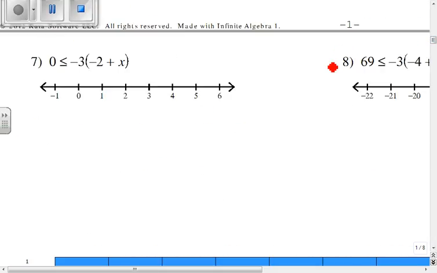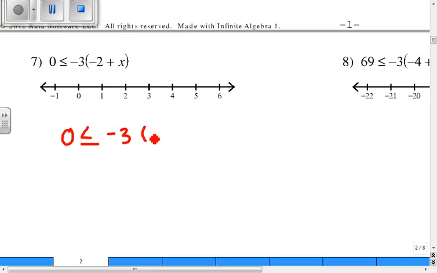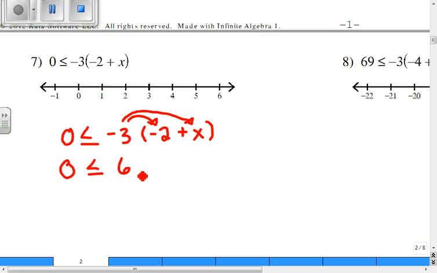Okay, problem number 7, again, we're solving and shading for our inequality. We have 0 is less than or equal to -3 times the quantity -2 plus x. So we remember to distribute. We're going to distribute this -3 to everything inside the parentheses. So we have 0 is less than or equal to -3 times -2, which is +6. -3 times +x is